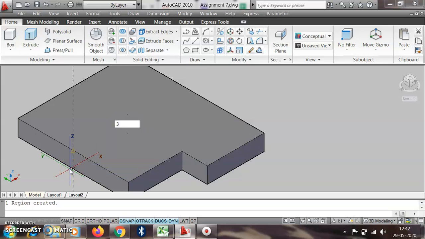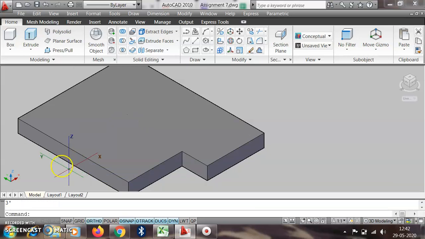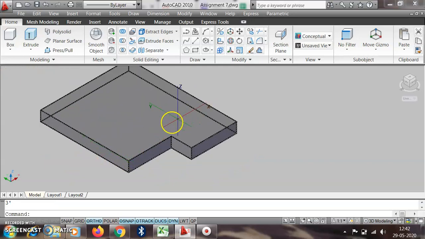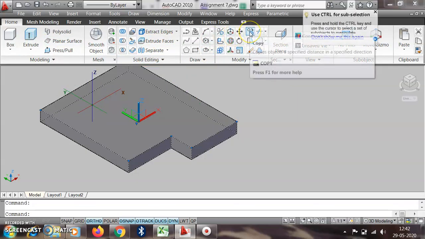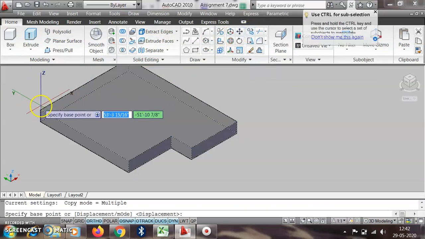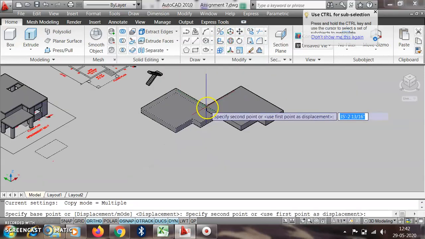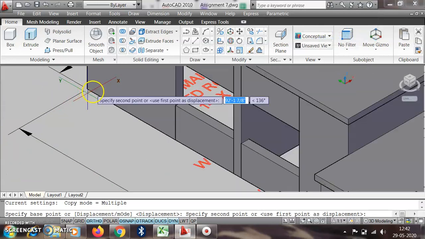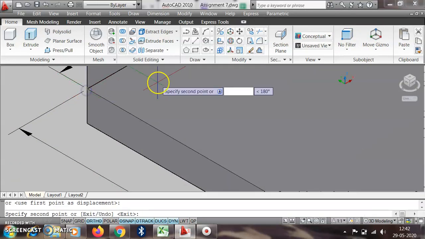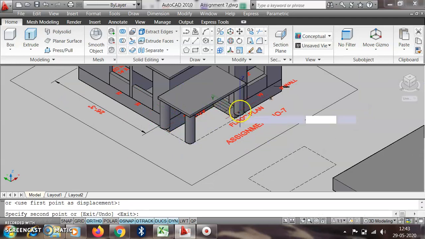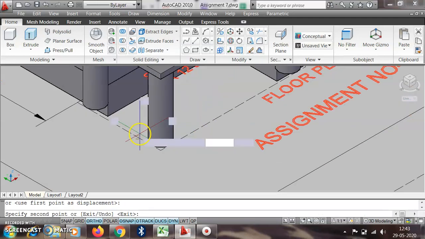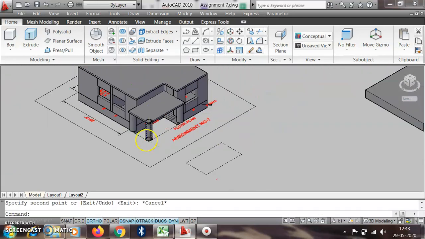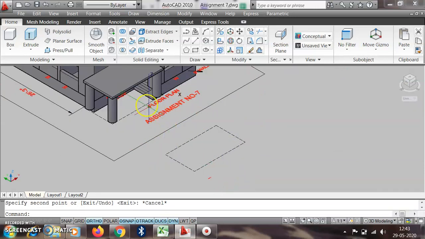Suppose it is 3 feet, enter, and then we copy this portion, move it from this point, and attach this portion here. So we get the plinth height.